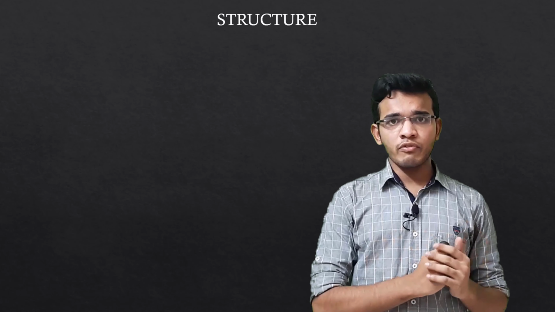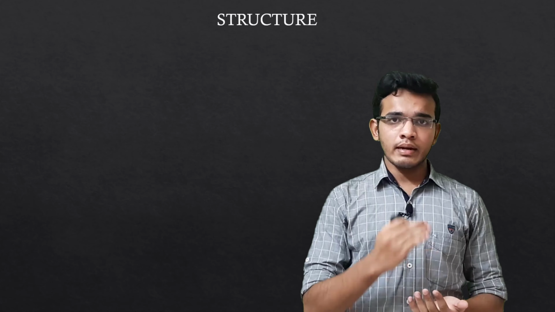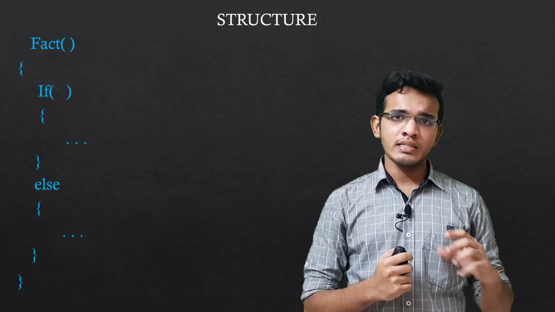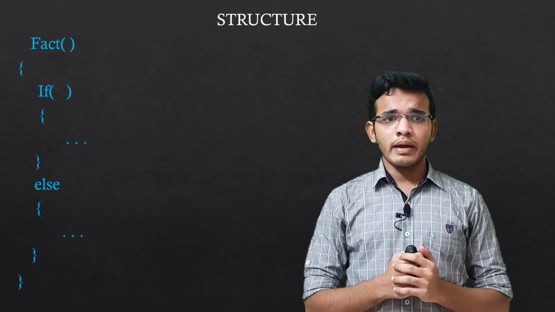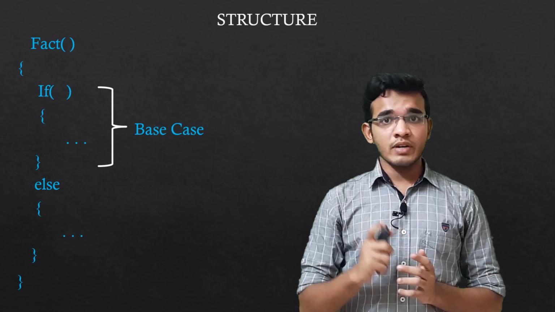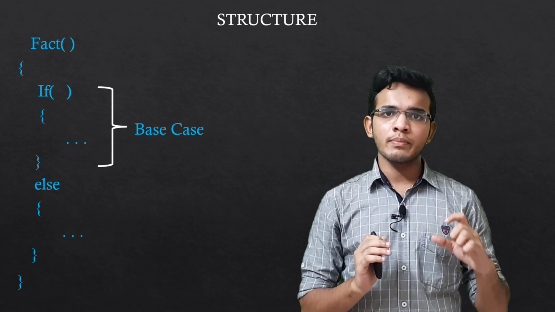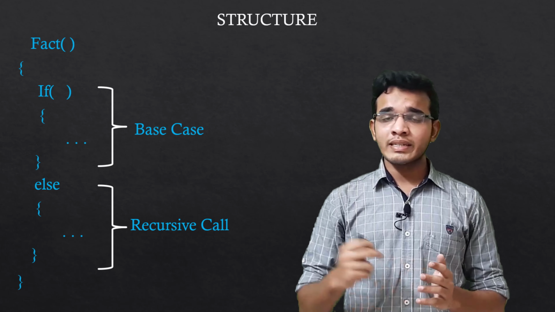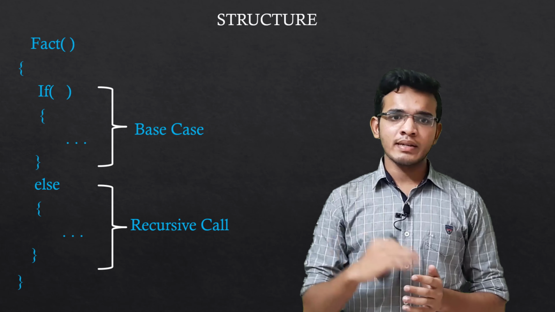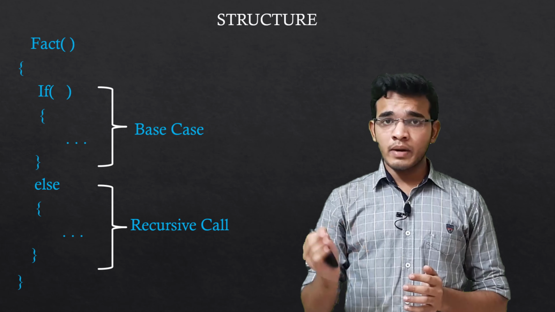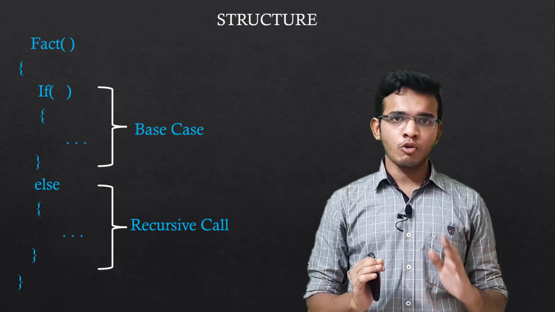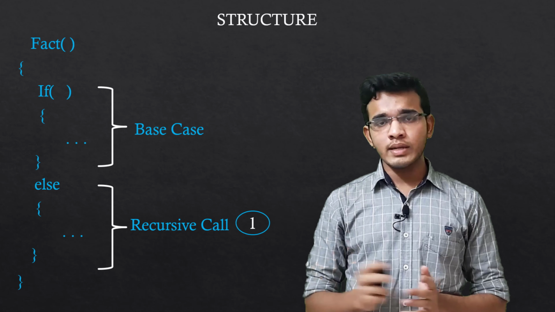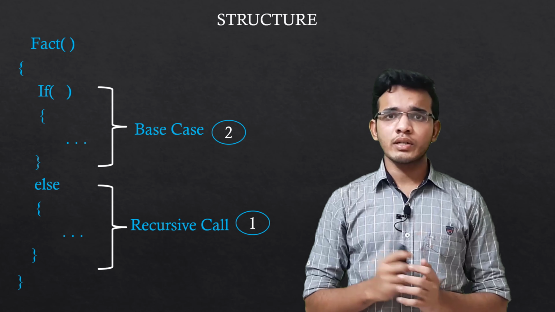And let's see the structure of a recursive program that we can write for this factorial program. The basic structure looks like this. It contains an if block and an else block, and what to execute first. The if block contains a base condition and the else block contains a recursive function. Now the question arises: which one to execute first, the base condition or the recursive call? In the further part of this video, you will get a clear idea of this. For now, understand that the recursive call is the first one to be called, and the second one is a base condition, which is to be mentioned here.